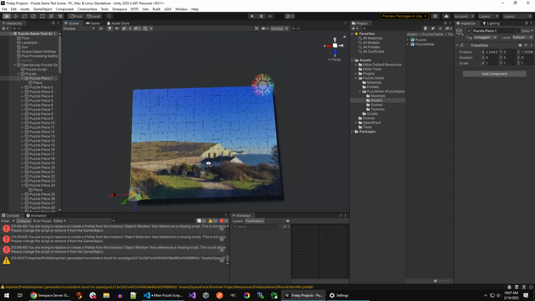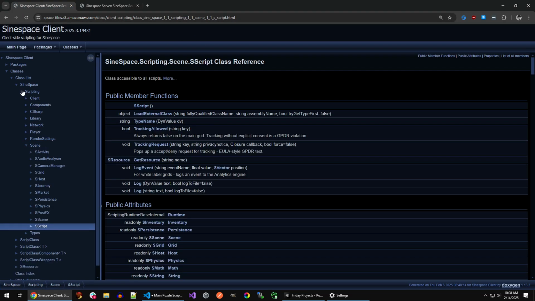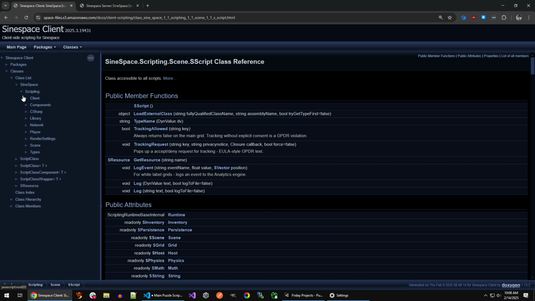Anyway, I guess not. So that's our container object, and what we're going to do is randomize its local position, right? So we're going to make a new vector. Positions are always vectors, and what we're going to use is space.math.random range. If we look at our scripting library, where is it? Library, math,